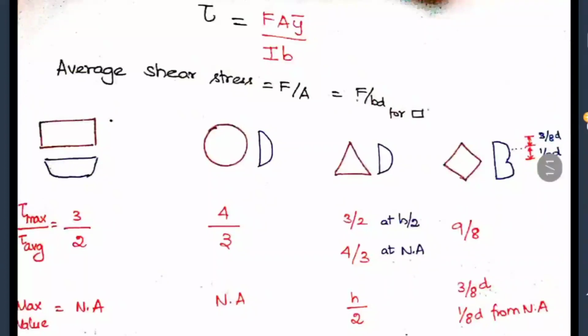So for example, if you are taking the shear stress at the neutral axis, the area should be above that point only. See, for a rectangle, you should take B into D by 2, not D. Okay, and then y bar is nothing but again the distance from the extreme fiber to the neutral axis. That only should be your y bar. So it should be also D by 2 in the case of a rectangle.